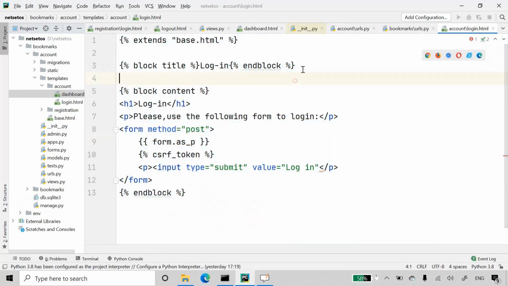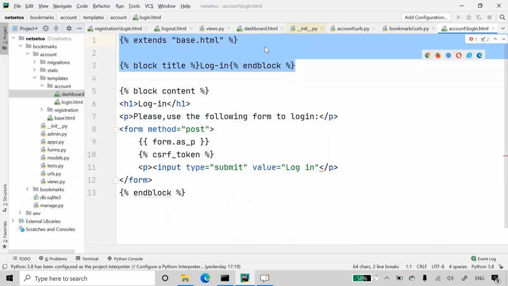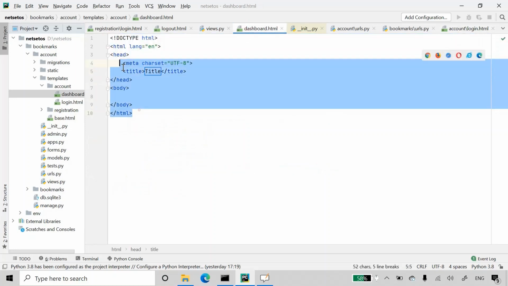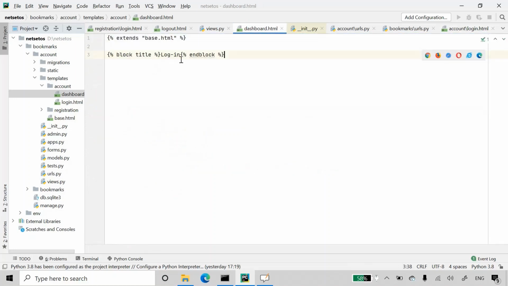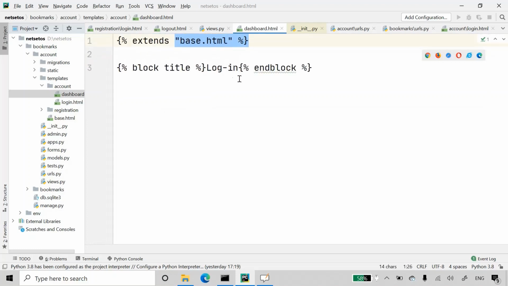Let's take first two lines, and here I'll copy this where it is extending base.html and title is dashboard. Here we have block title. Now we need to create block content.